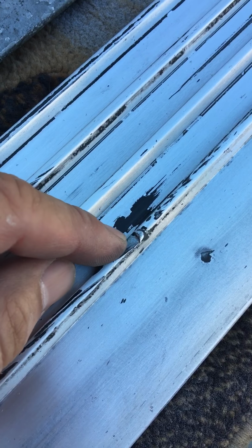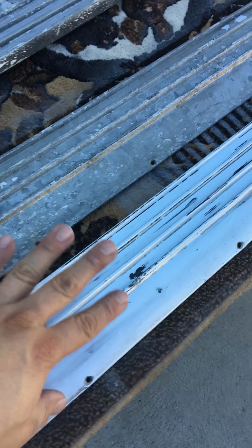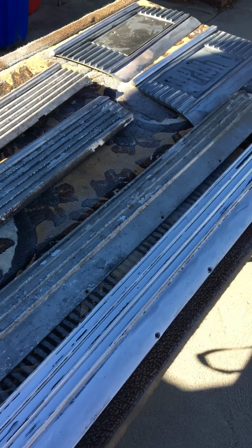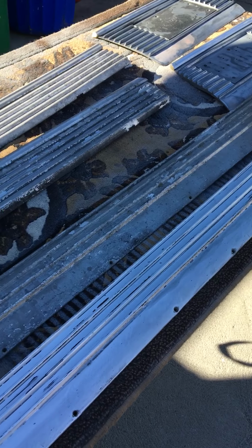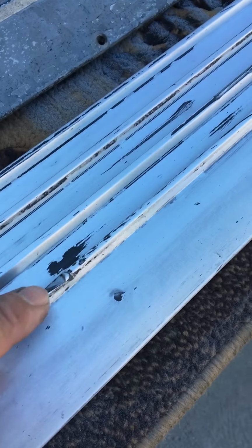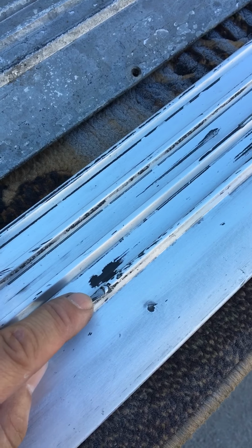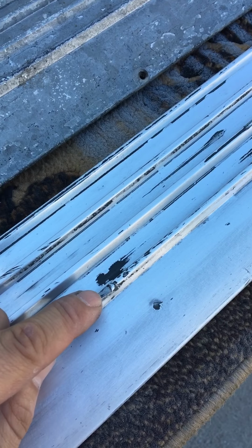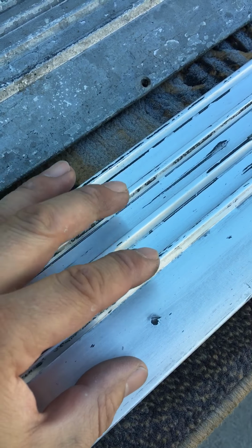Now you can fill that with filler, but I would not recommend trying to weld it, because of course these are aluminum. All of these pieces are aluminum, and you can't use a regular MIG. You have to use a blowtorch and the AlumiWeld rods. And even those can be tricky, because you have to soften your substrate enough. I think it is about 700 degrees is where it's got to go. You've got to soften this enough, and then soften the rod enough so that they mate up without warping the